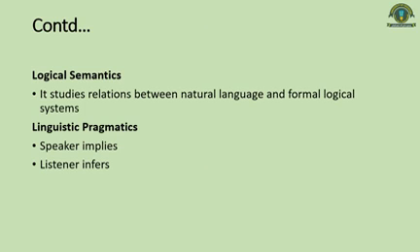Logical semantics studies the relations between natural language and formal logical systems, such as propositional or predicate notions. But there is a problem, arguably, that sometimes such studies only shed more light on the formalism used than on the language being modeled. And to date, most of such studies have only concentrated on the propositional or sentence level, and have rarely attempted to look into the meanings of words.